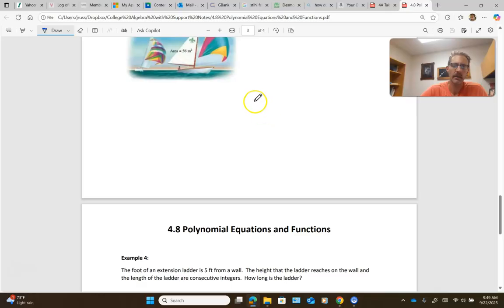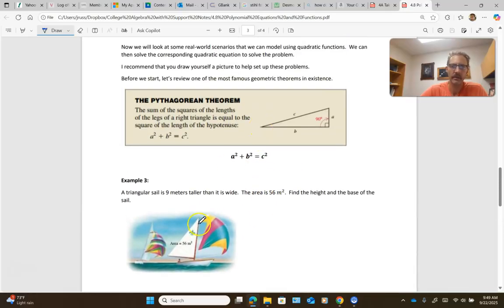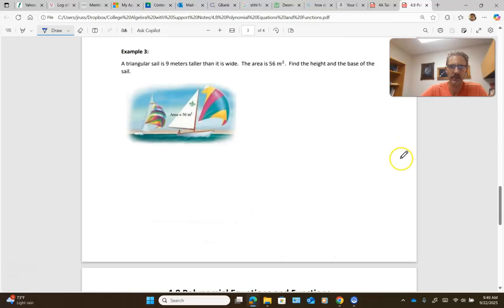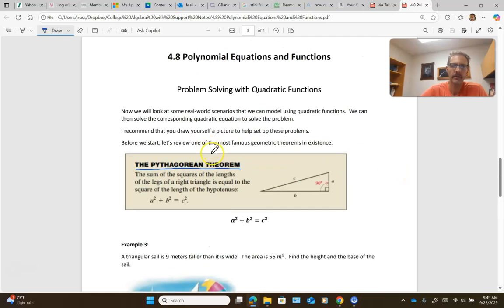that we can help model what's going on, using a pretty ancient theorem. You've probably heard of this one. It's called the Pythagorean theorem. All right. And so let's go over this theorem first, because we're going to need it in order to solve both of these problems. Okay, now this theorem was,